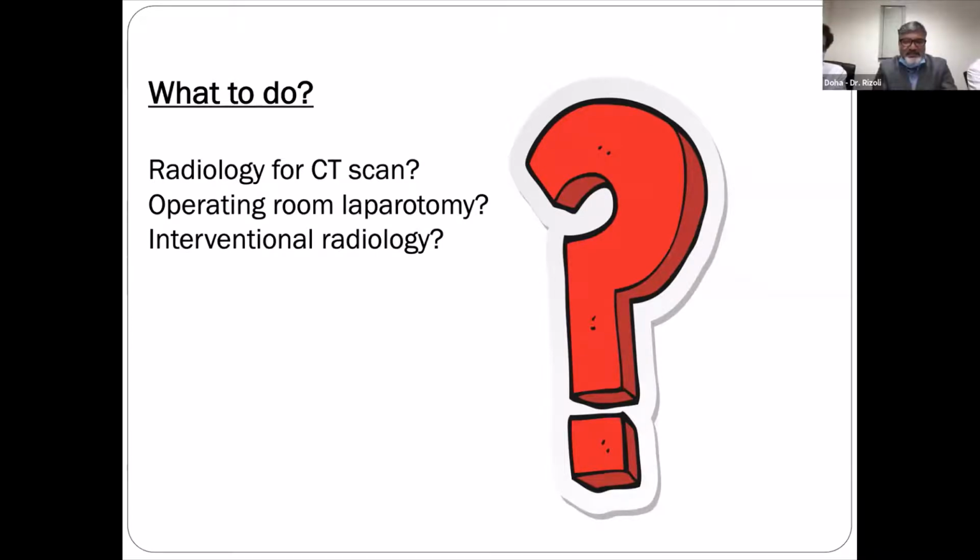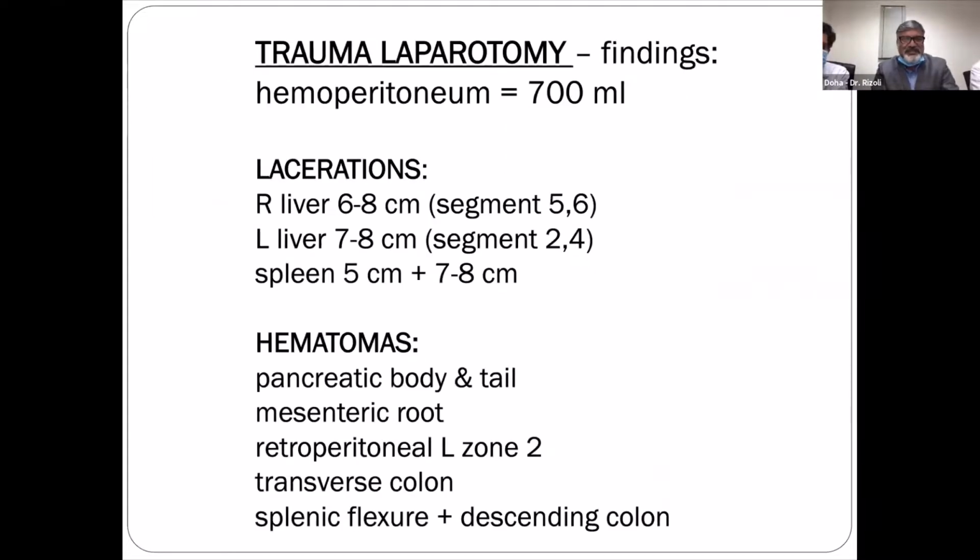Okay. So nice comments, and they are leading us in the direction in which we also went. We didn't do anything unusual or unexpected. So we went to the OR and we did a laparotomy. The findings were that he had a hemoperitoneum of around 700 ml of blood. And we saw that there were lots of lacerations in the solid organs. The liver showed lacerations in the right and the left lobe, but most of them superficial. Only in the inferior surface of the right lobe we saw a deeper laceration, which was oozy, but nothing extraordinary or actively bleeding.